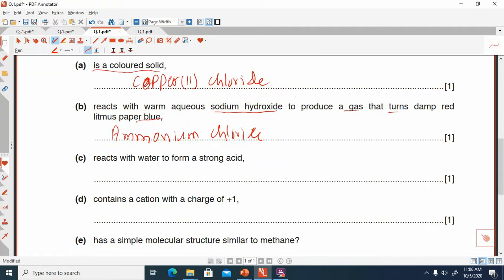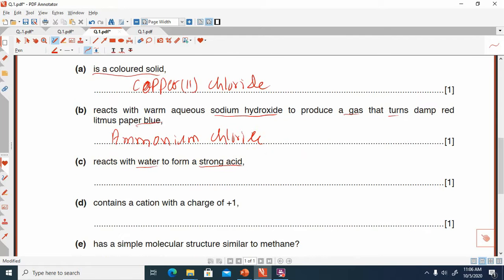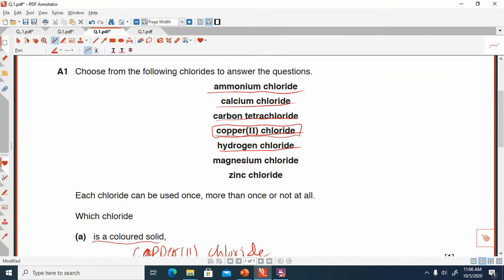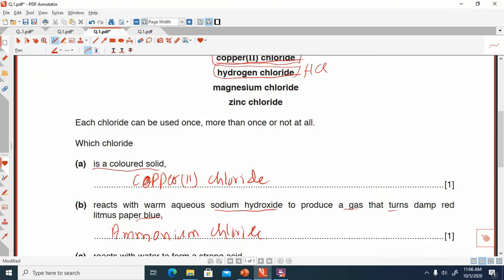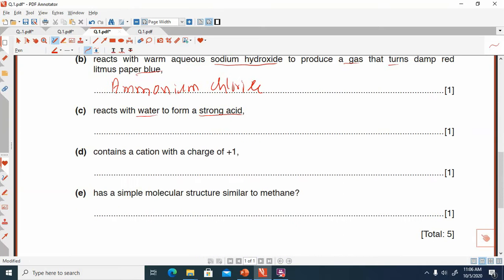Okay, now part C is: which one of the above will react with water to form a strong acid? Now go to the options. These are ammonium chloride, calcium chloride, carbon tetrachloride, copper, and hydrogen chloride. Look here, this is hydrogen chloride. It will be the answer. It is a strong acid, that is HCl. So you will write in part C that the strong acid will be HCl or